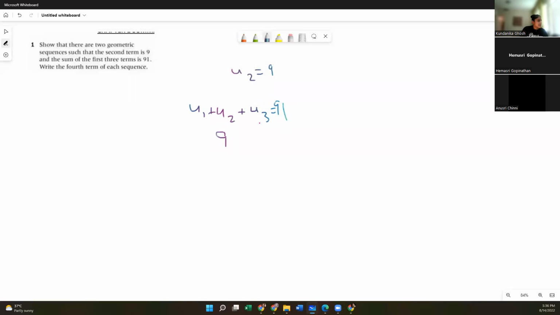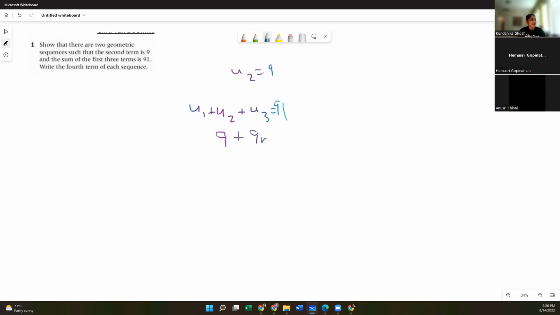Okay, so U2 equals 9, correct? U3 is going to equal 9 plus the difference between U1. Oh, wait, no, this is a geometric series. Never mind, ignore what I just said. U3 is going to equal 9 times the common ratio, correct? Because it's a geometric series. So in 3 numbers that are directly in order, there's going to be a common ratio between the first and second number and the second and third number, right? Yeah, I got it.